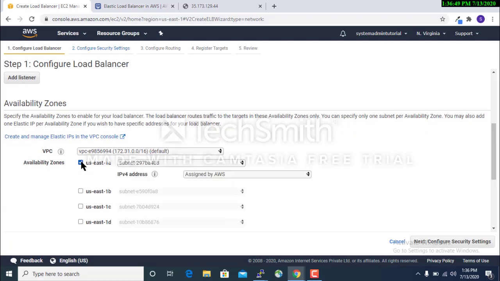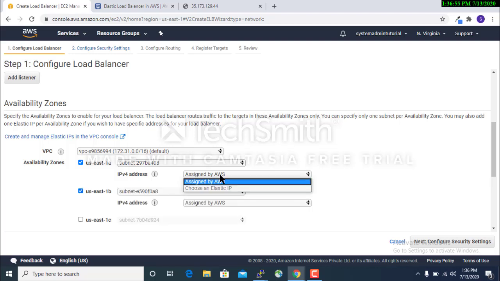This is 1A and 1B. Okay, here the assigned by AWS is coming because we have not selected the elastic IP. We have not assigned the elastic IP to our instance, so that's why the assigned by AWS is coming. So here the two subnets come by default because we have created our instances in east 1A and east 1B.